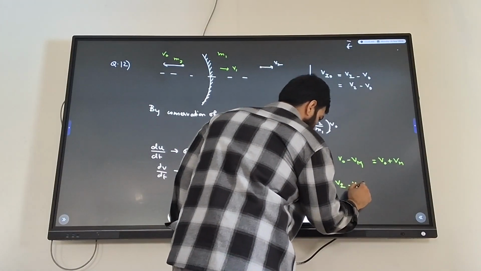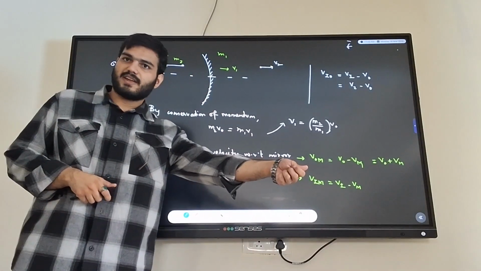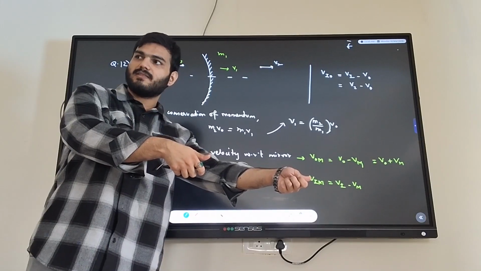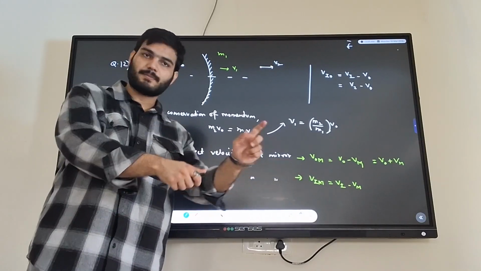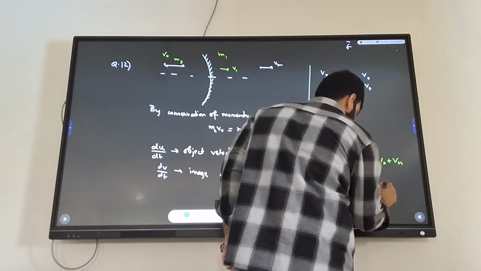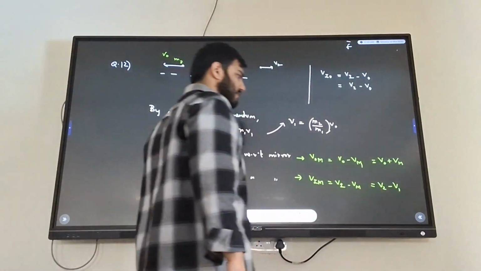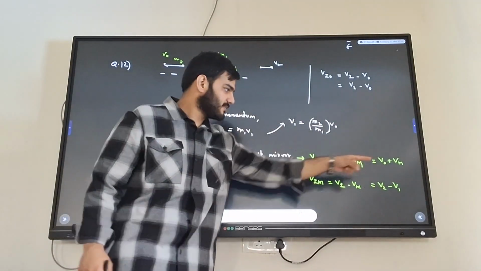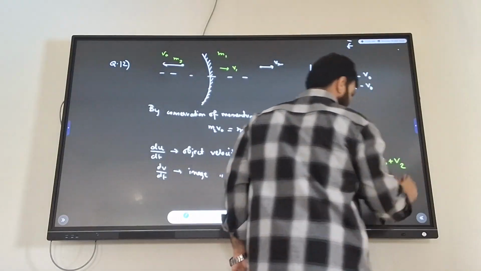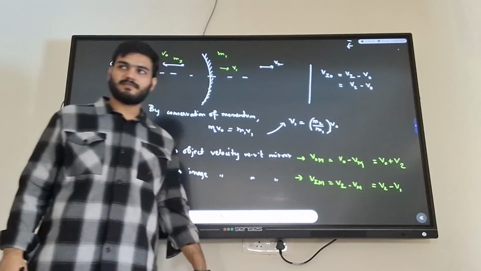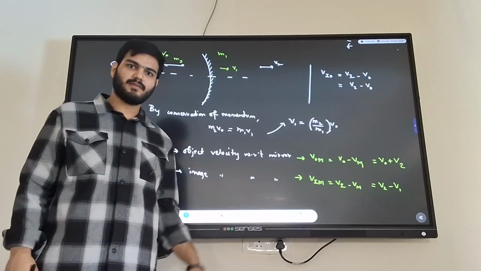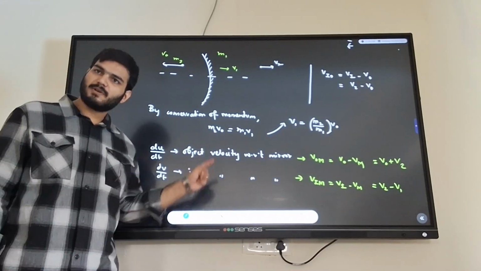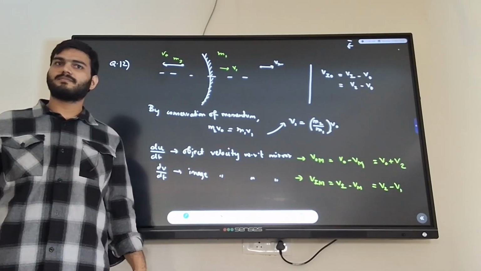What about v_im? vi minus vm. The image is moving in this direction and the mirror is also moving in this direction. So are they moving in the same direction? Should I add or subtract? Subtract. So it should be v2 minus v1. I have this: du by dt is equal to this thing, and dv by dt is equal to that thing. Do you have any problems in what I have written here? No? Is there any relation between du by dt and dv by dt?